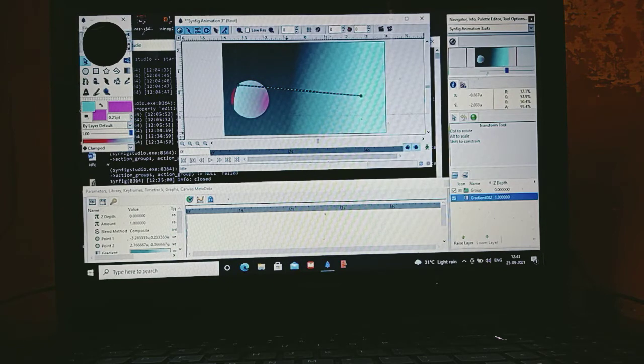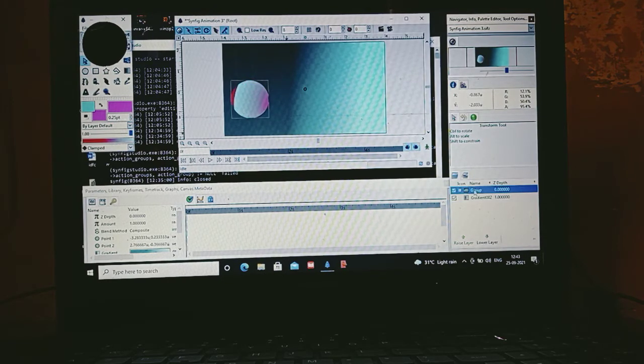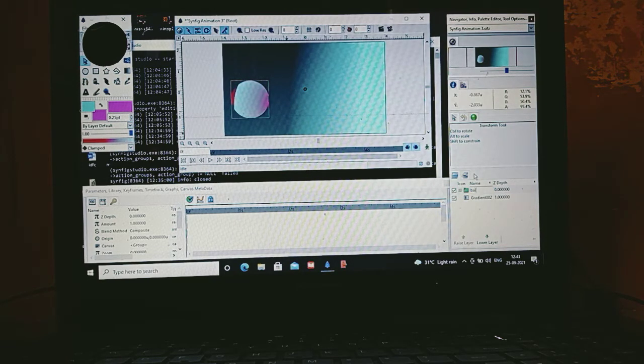Now as you can see, the effect is applied inside the ball, and this effect will be very much visible when you are giving it an animation. Okay, so the first one is done. You can name this group, because when we draw the second one we will also give it an effect, so there will be confusion. So you can rename this group as ball 1 for your convenience. I'm not telling it's compulsory, but it's up to you. Then the second circle I will be drawing.